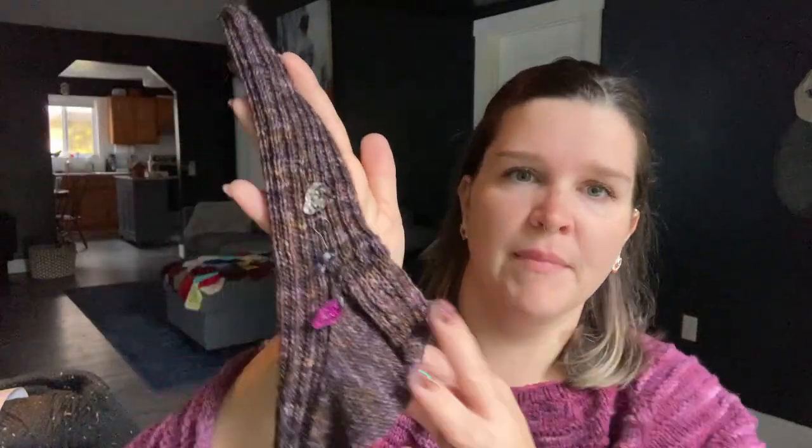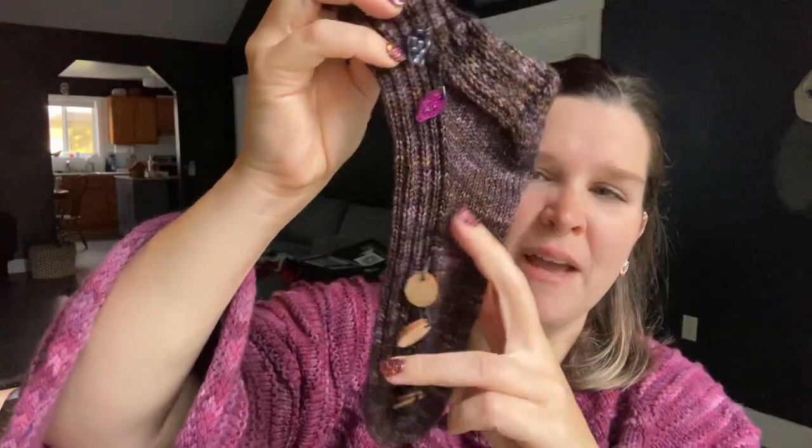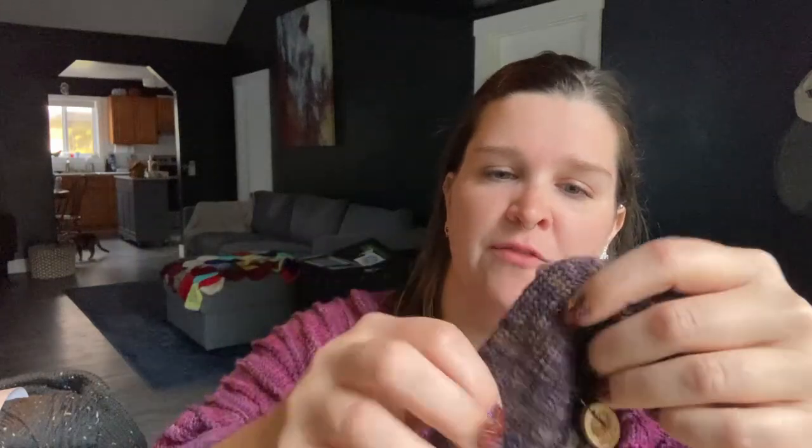But yeah, 64 stitches. I think I did like 60 rounds on the leg. And then my heel flap, my gusset, all the way down. I forget, I just measured for this sock because my gauge was a little bit different. My gauge has been tighter on my 9-inch circulars, but on these double pointed needles, they were a little bit looser. And I don't know if it's because the yarn was more grippy or if it's because they're longer needles and they're a little bit more awkward for my hand to hold. I don't know, but